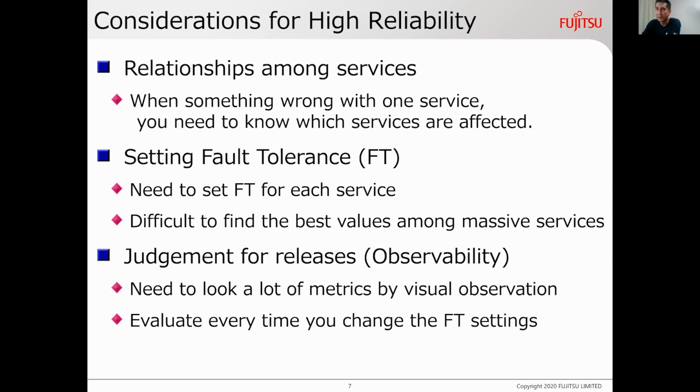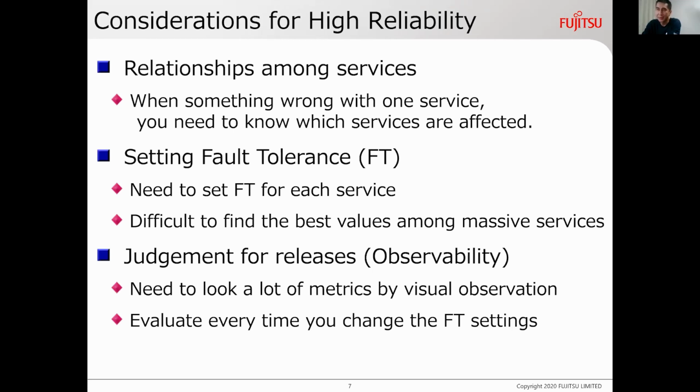And the second thing is I recommend to use fault tolerance to each service. But the problem is it is very difficult to find out the best value of the parameters of FT because FT provides a lot of features and a lot of parameters, and it is difficult to find out the proper values.